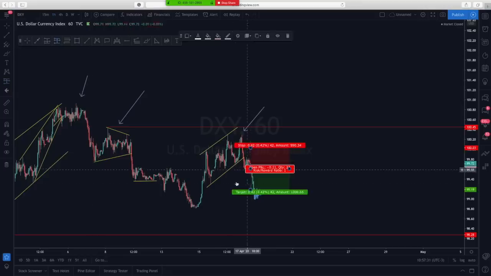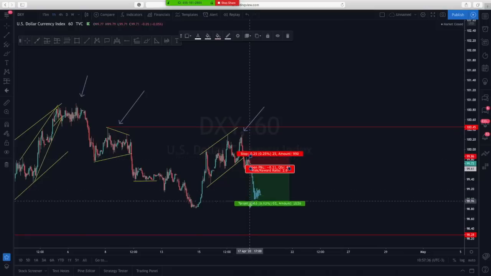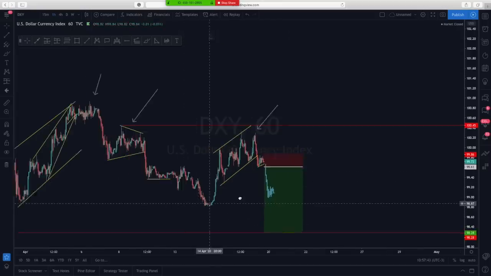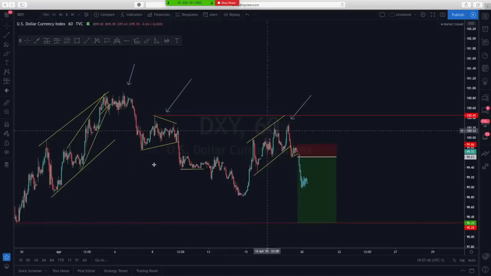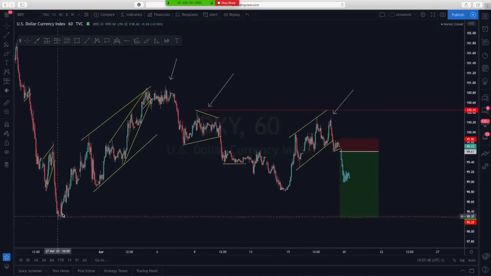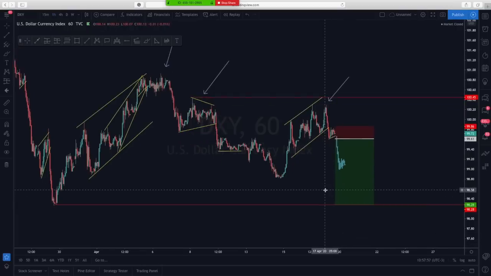Place a pending order just below here. Obviously, stop is going to be just above here, 25 pips, and maybe first target can be here, at 3.2 percent. But overall, we're looking to target the structure lows here, because obviously we've got lower highs, but these were our biggest lower lows. We were looking for price to break the lower lows and then create new lower low structures, but we're just placing targets on the lower lows, believing it's going to go and create newer lower structures. So this is one of the cleanest setups that we can see on the dollar index.